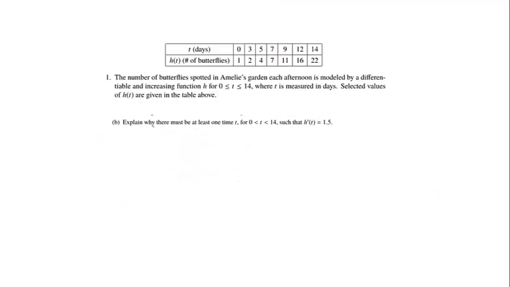All right, part B, explain why there must be at least one time between 0 and 14 such that h prime of t is equal to 1.5. Hopefully at this point in time, you're getting pretty used to them talking about an interval and a derivative, and we know somehow we are going to be referring to the mean value theorem. So I am going to test this to see if I can get a derivative of 1.5 or an actual slope of 1.5. So I'm going to try h of 14 minus h of 0 over